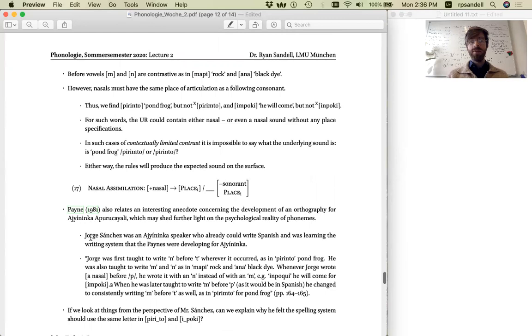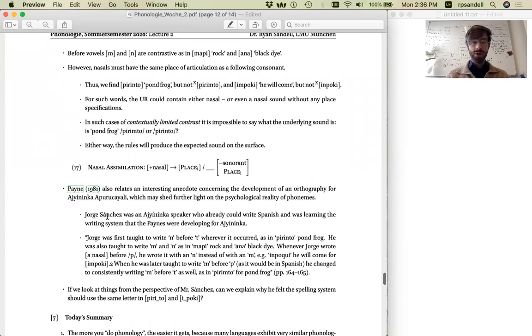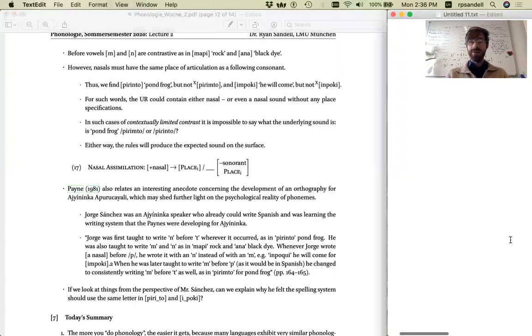Mr. Sanchez here was a native speaker of this language, and he already was literate in Spanish as well. And he was trying to learn the writing system that Payne was developing for the Ayinenca language. And Payne writes that Jorge Sanchez was first taught to write the alveolar nasal, the letter N,